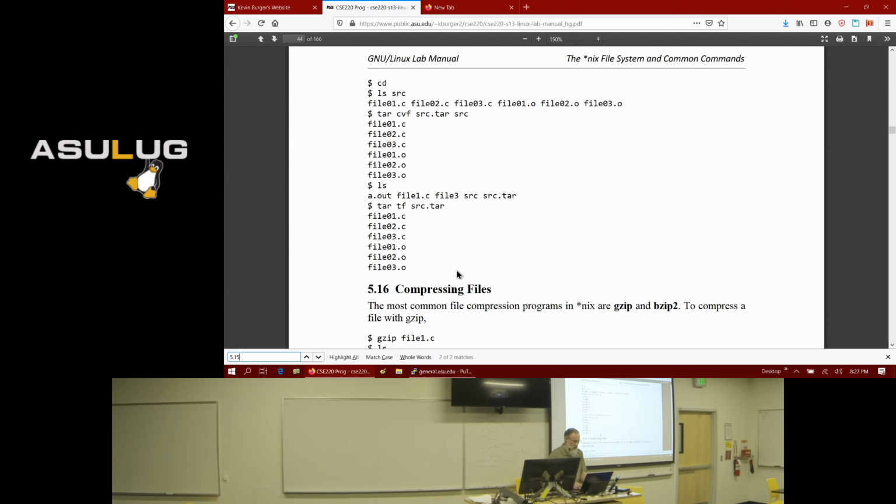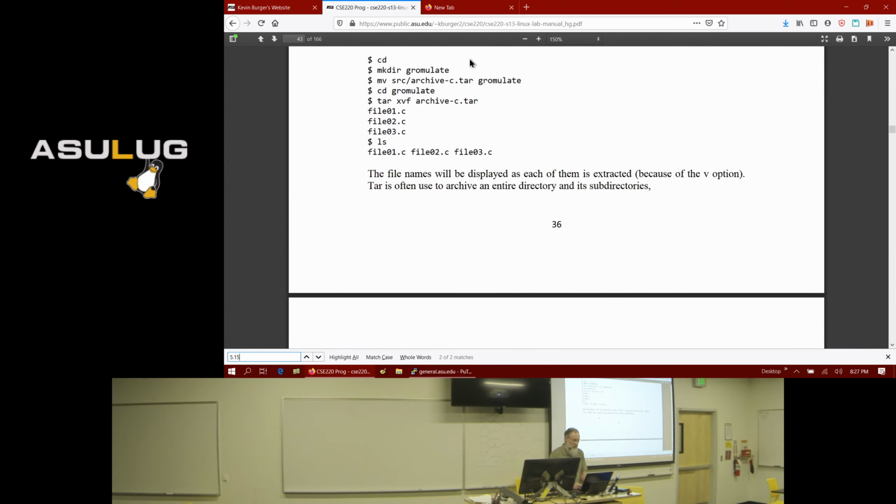I created the tarball, and this extracts it. That's like unzip, and it'll extract the contents to the current directory. I mentioned tarballs primarily because a lot of programs come down from the internet as a tarball, and so you need to be able to extract it. So that's important to know.